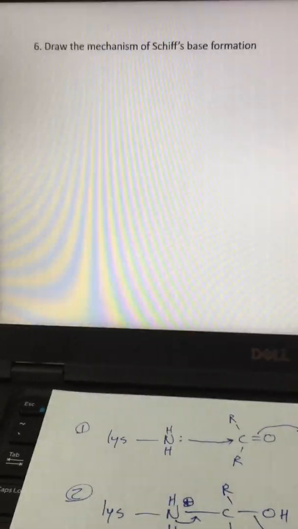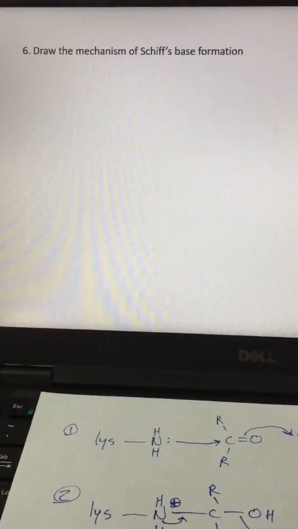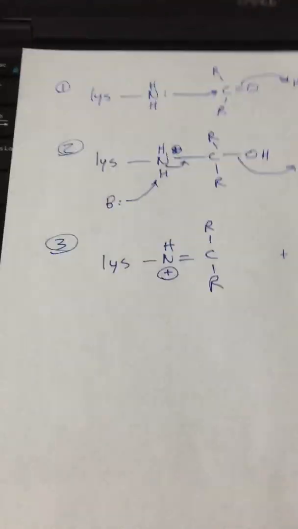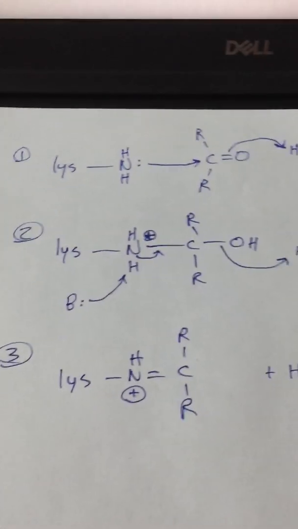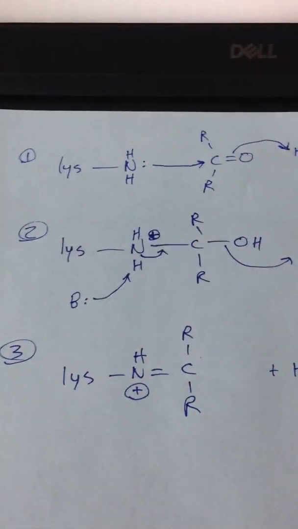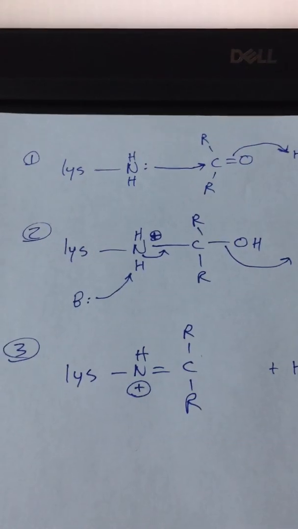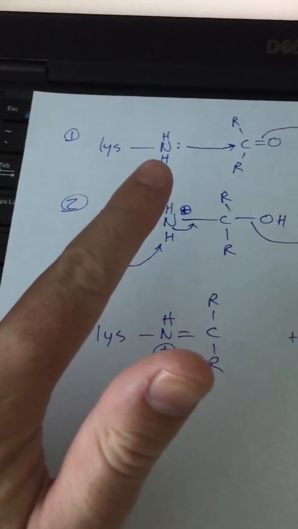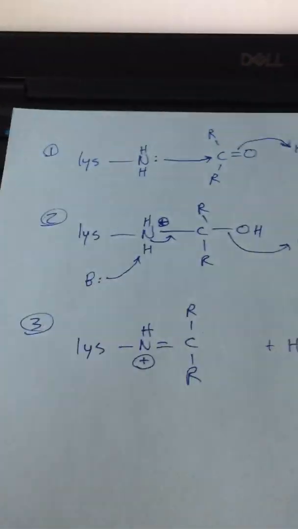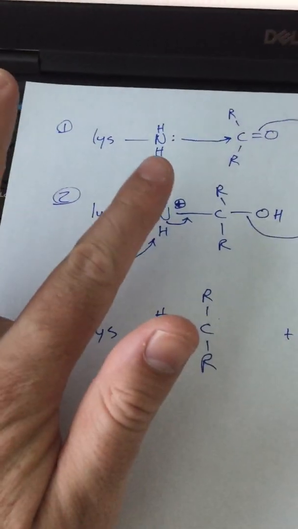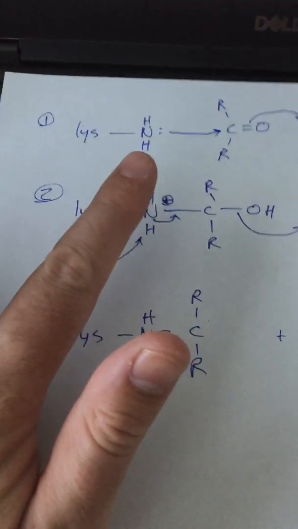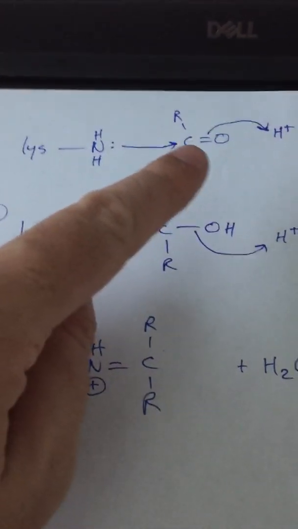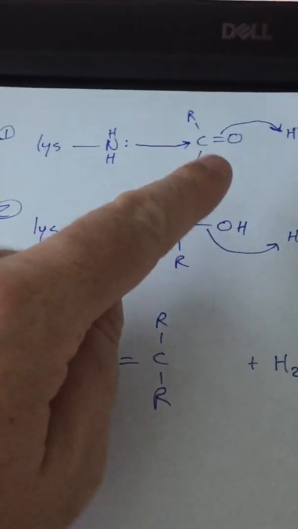So question number 6 in your homework asks you to draw the mechanism of Schiff base formation. The way that we're going to do that is you're going to have a lysine reacting with a carbonyl. In these mechanisms, we're talking about a Schiff base. So we have our lysine here, and we want it to be a deprotonated lysine. We want the lone pair of electrons there because the lysine is going to act as a nucleophile. The lone pair of electrons are going to attack the carbonyl,